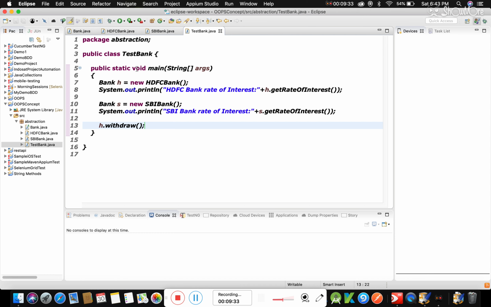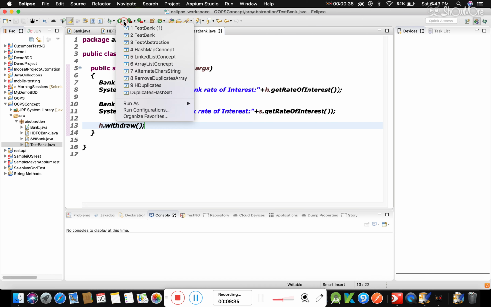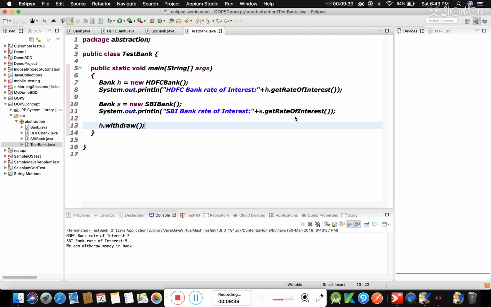Let's run this program. See, this is returning the output of HDFC Bank rate of interest 7, SBI Bank rate of interest 9, and it is also printing we can withdraw money in bank.